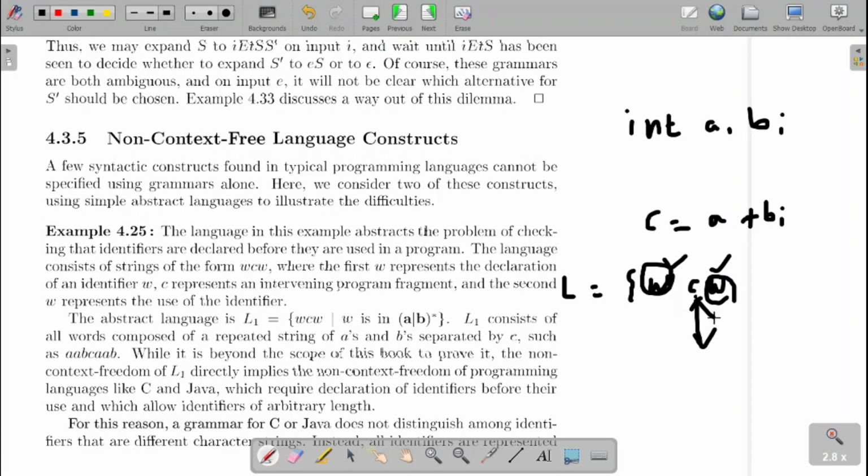Just with the help of the grammars we can't do this. That's what we are able to say. We have some constructs over there, but it is a limited set. We need other data structures for implementing such constructs. One such example is a variable to be declared before using it.